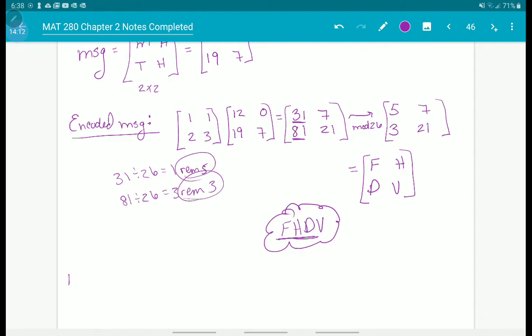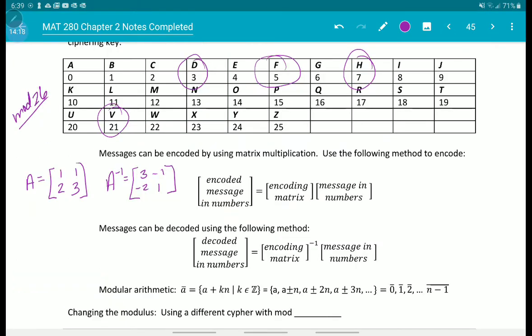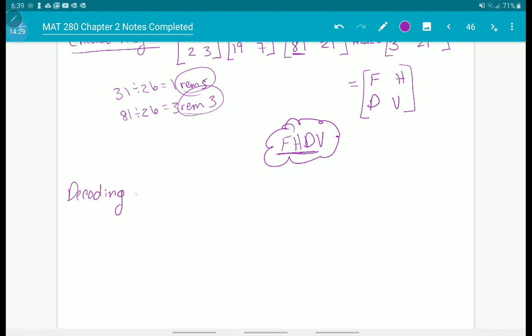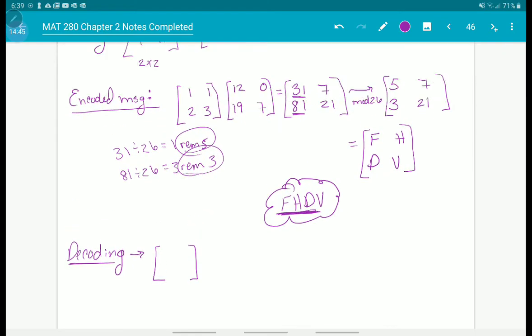Now let's talk about decoding. If we want to decode, then we're going to have to take the inverse of the encoding matrix times that encoded message that's in numbers. So let's say, now let's pretend we don't know what this is equal to. But we knew the encoding matrix. So our encoding matrix was 1, 1, 2, 3. We need the inverse of that